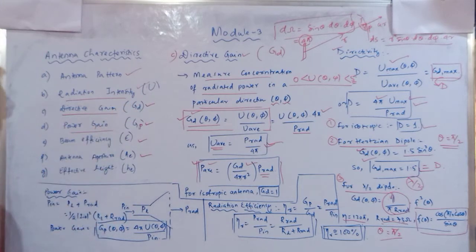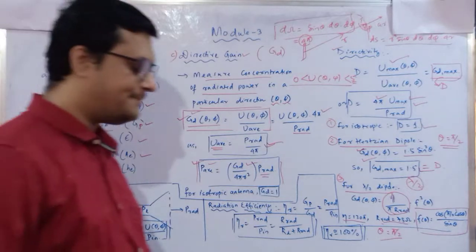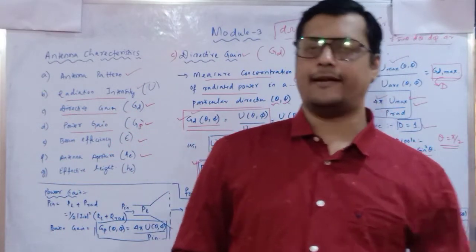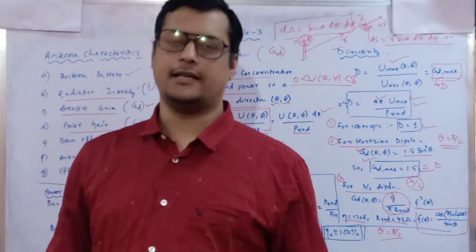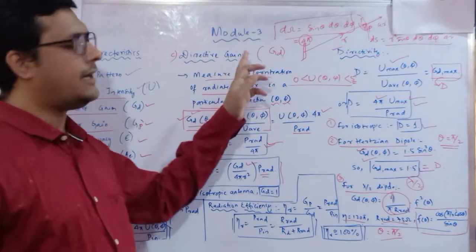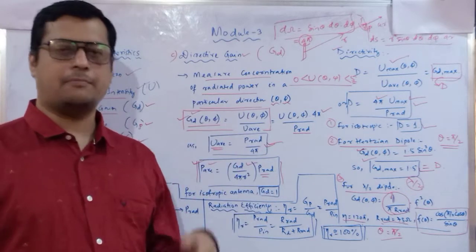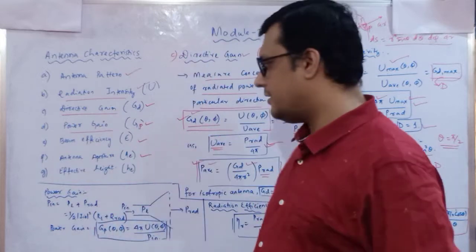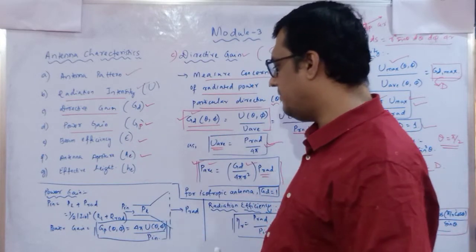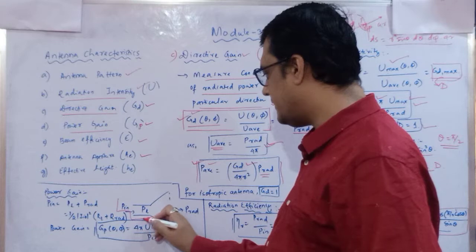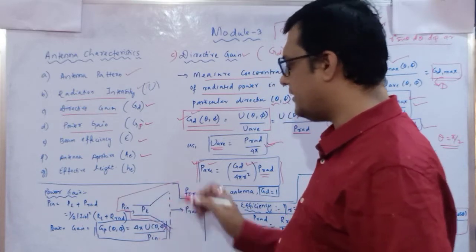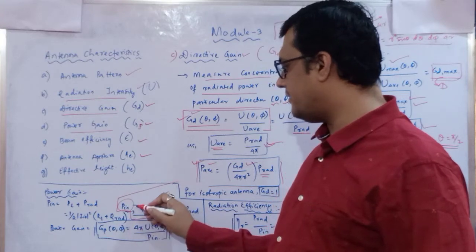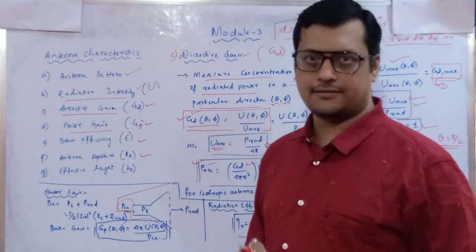Next is our power gain. Now, how are we going to identify the power gain? Power gain is also quite similar to our radiation intensity. Here the directive gain we write in terms of GD, but power gain we represent in terms of GP. Okay. Now let us consider this small figure. Here you can see that it is a small antenna in which input power is fed to the device.